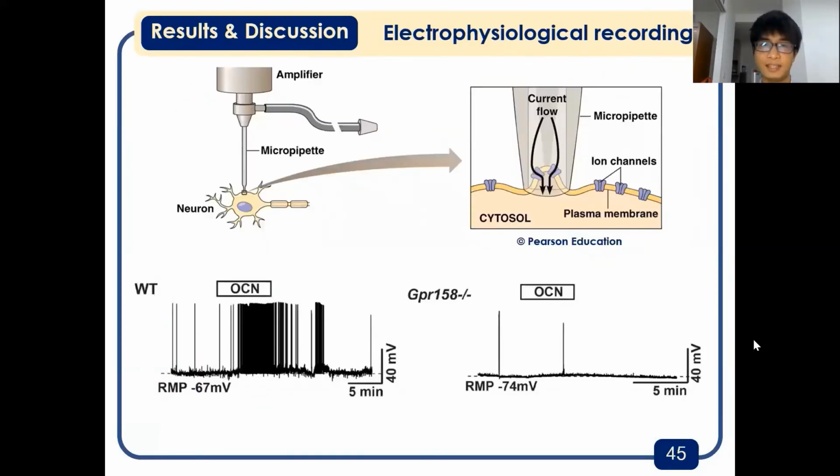The next study is electrophysiological recording. In this study, researchers isolated the neuron from hippocampus of wild-type mice and Gpr158 knockout mice, and they record the action potential of the neuron by using electric probe. The results show that